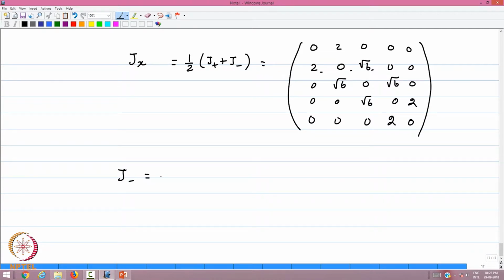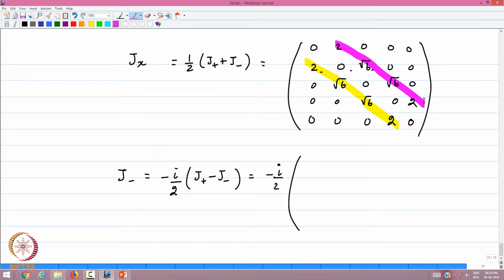J minus is minus I by 2 j plus minus j minus, therefore you can write this as minus I by 2, and this component is all j minus. Please remember, this is all j minus component, this is all j plus component. The j plus component remains unchanged, of course, minus I by 2 has been taken out, therefore jy can be written immediately this way, and so what you have is 0